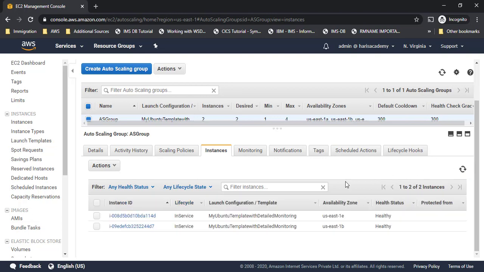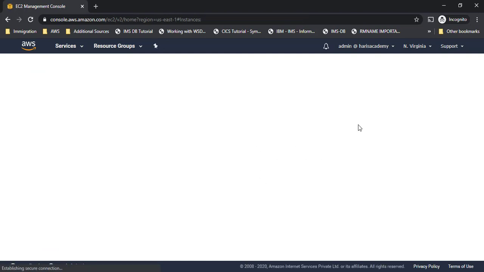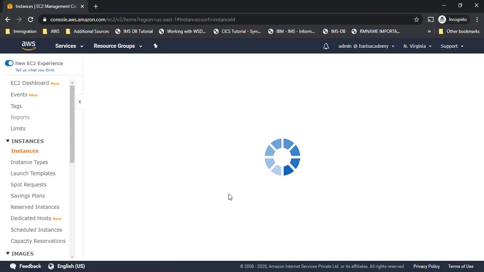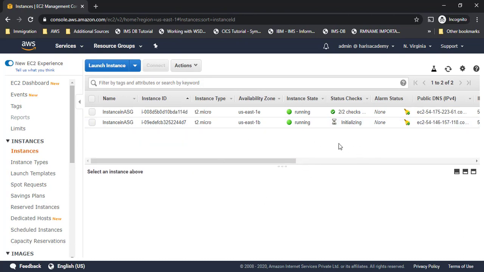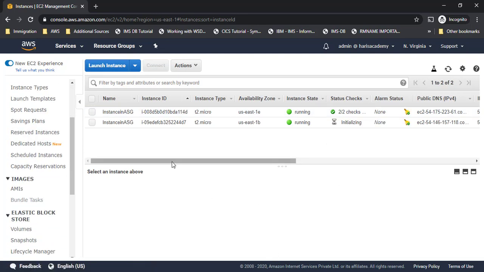So after 2 minutes, now the instance is ready. You can see the new EC2 instance has been created. I'll go to instances. I can see this second EC2 instance also getting created here. So this way we can scale up or scale down as many as needed, and we can set a maximum limit to the number of EC2s which can be increased or decreased, and that's how we can achieve this particular scaling, right? So I hope these things are very clear to you guys.